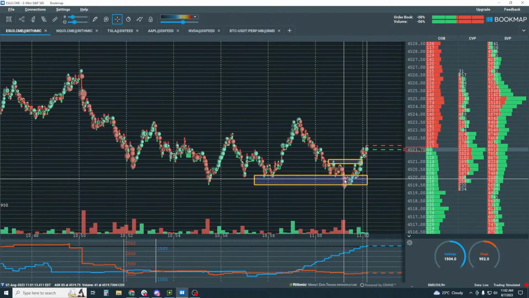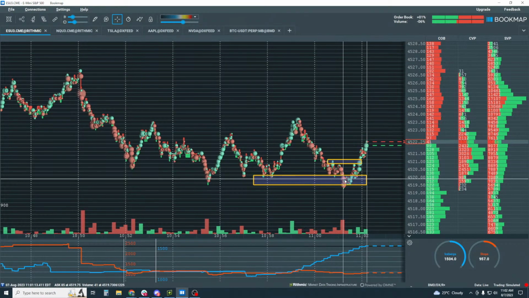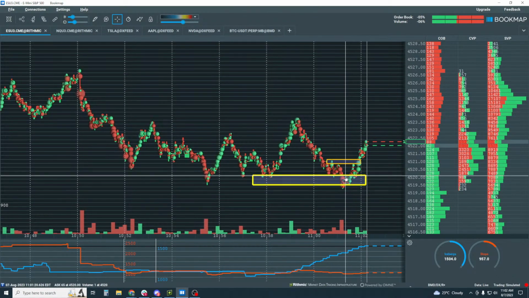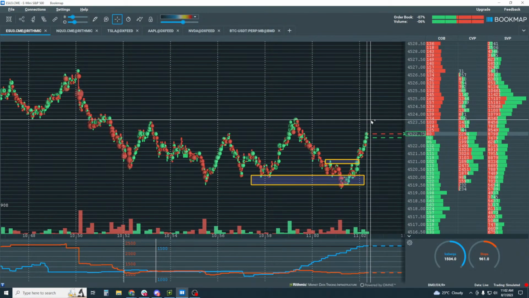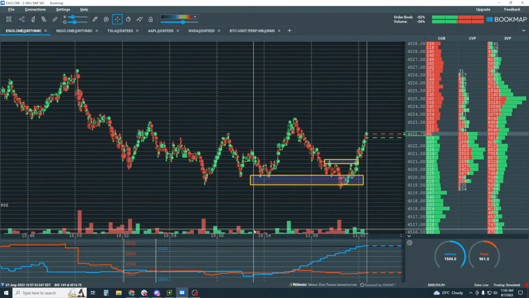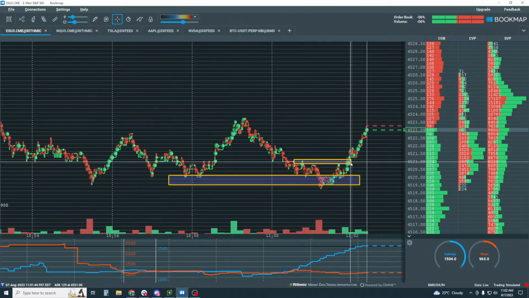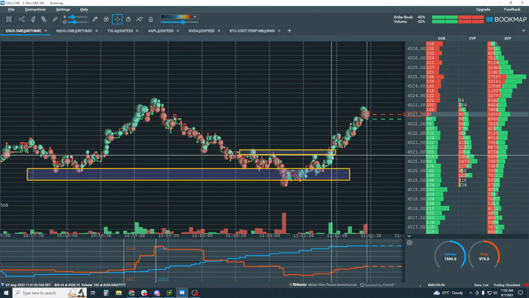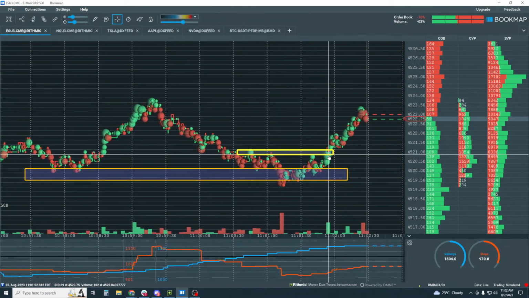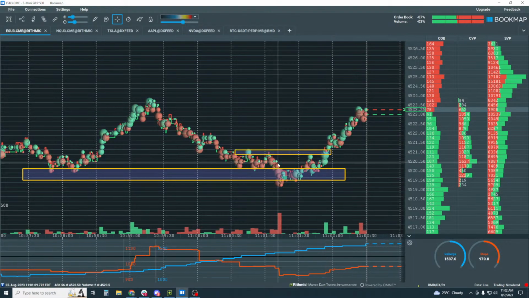Okay, we have our fuel here as well. This is another context to read and put into your analysis. Okay, do you have fuel for this move here, right? And once we start to see that, then here's where you put your trading plan together. Do you get your buyers here? We did get our buyers here. Okay, so now we have fuel.